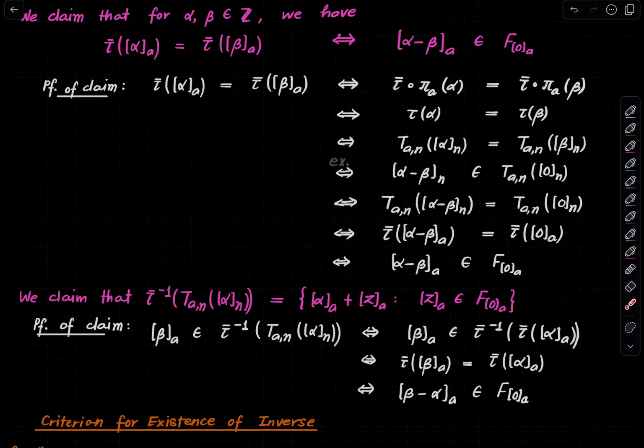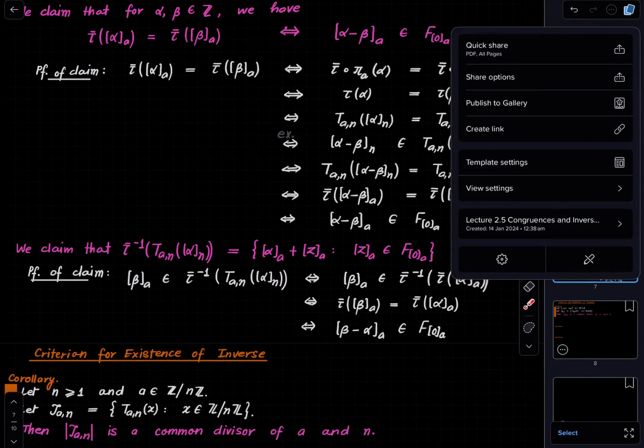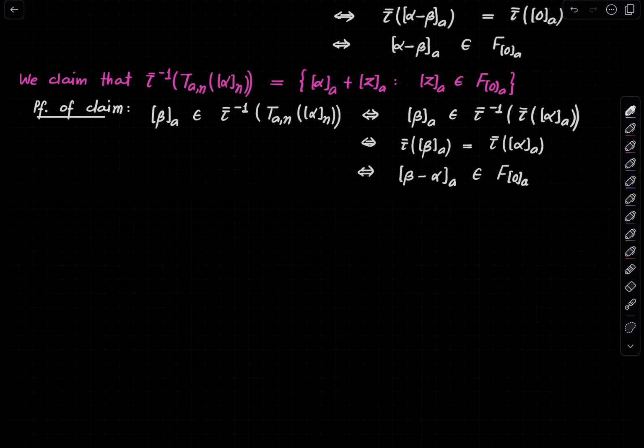And now you can write beta modulo A as the sum of an element here and alpha mod A. So maybe I'll use an extra page. So this means that there exists something in the fiber above 0 such that this equality holds, which is to say that if we add alpha mod A to both sides,